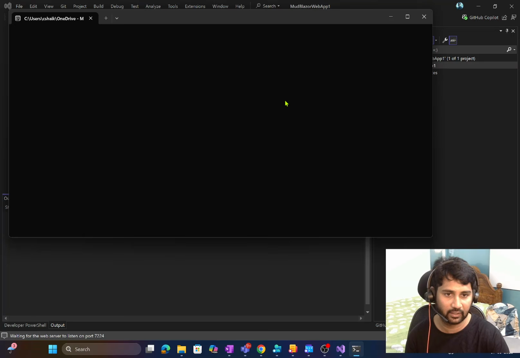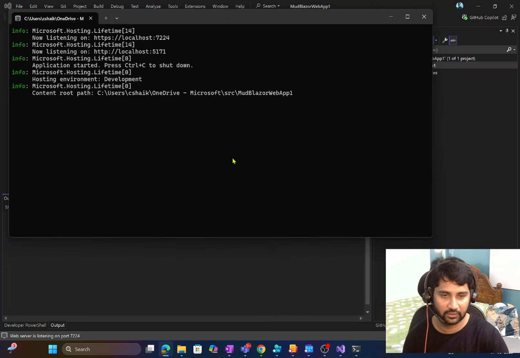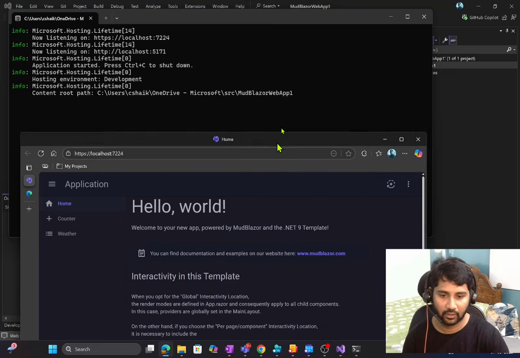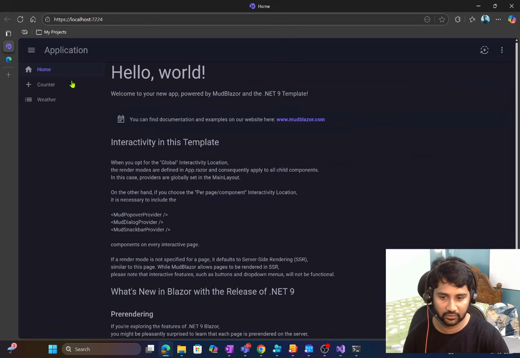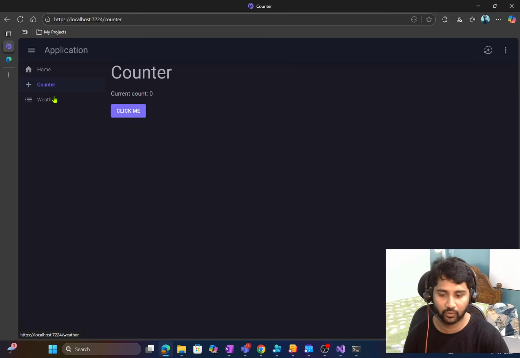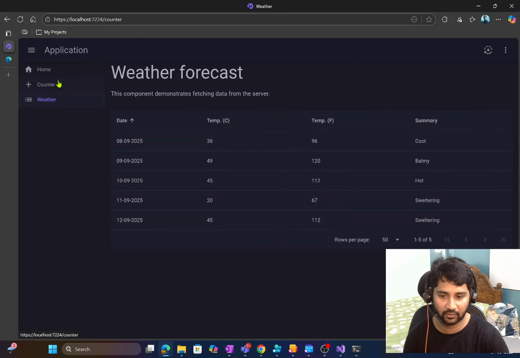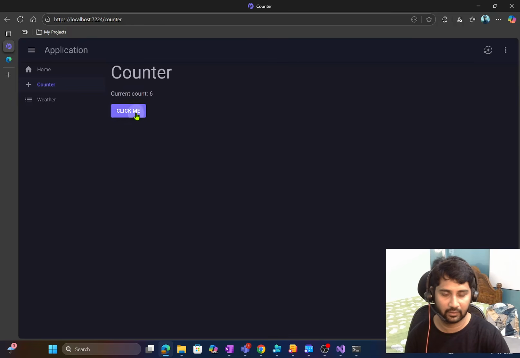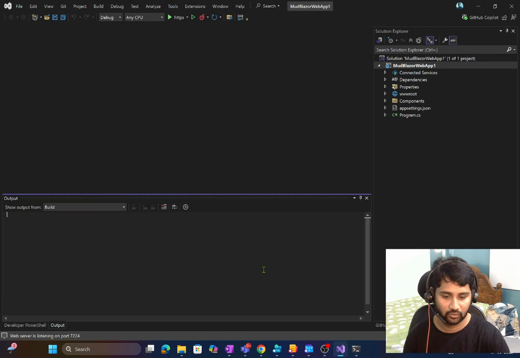So I did the Control F5 to run this application in non-debug mode. And when you see the browser, this is the default application. I have a home menu, counter, and weather. When I go to counter, I can change the counter. So it's a default provided web application. Looks fine for me. So now what I will do, I want to publish this into an Azure Web